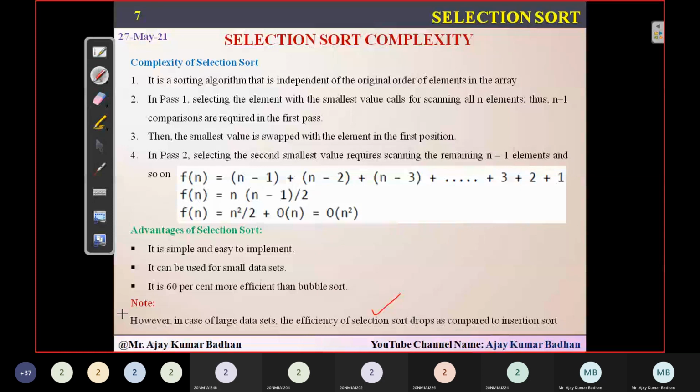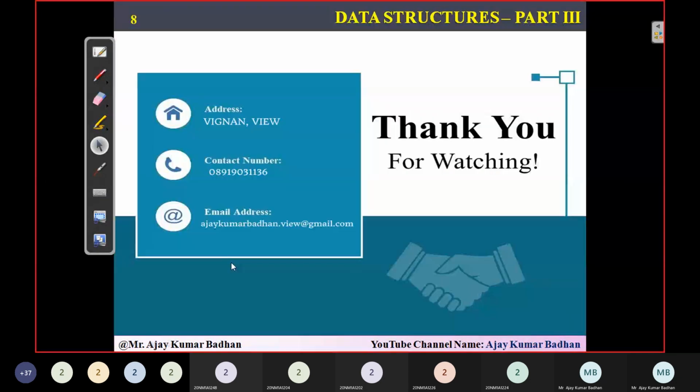But here it will be fixing it. It will select the element, so it has to do a lot of comparisons in this particular scenario. So this is all about selection sort. I hope you have understood exactly how it works. It will simply select the smallest element first, whichever is present in the array, and place it in the first position. And this will keep on increasing in the coming iterations.